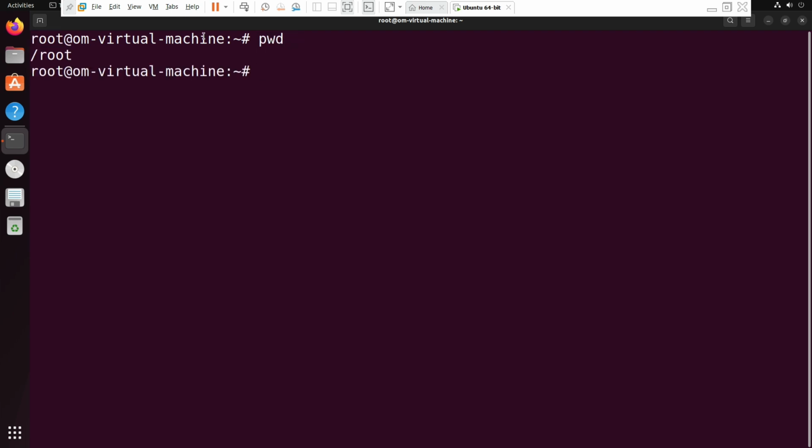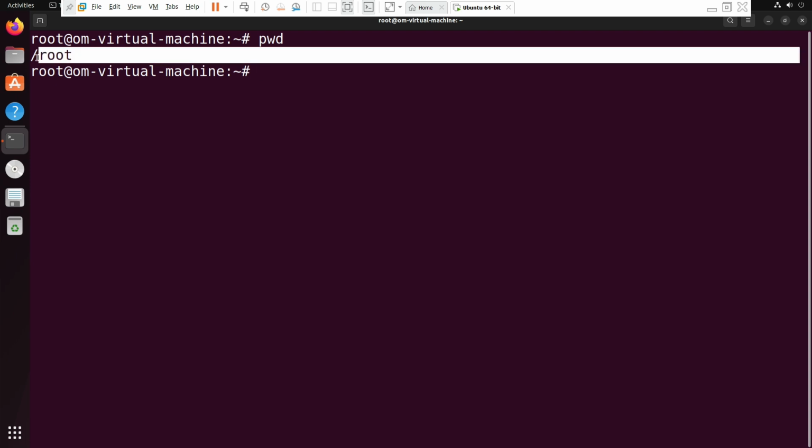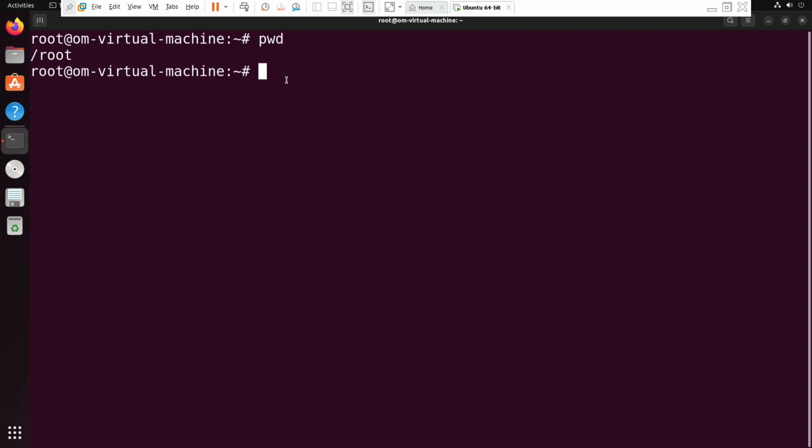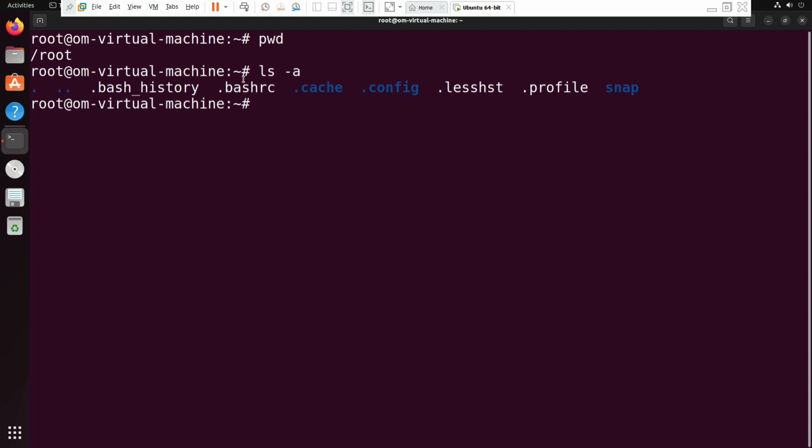apt, the Advanced Package Tool, is the backbone of software management on Debian-based systems like Ubuntu. It simplifies the process of installing, updating, and removing software packages. With apt, you can easily search for and install new applications from online repositories, ensuring that you always have access to the latest versions. apt also handles dependencies automatically, resolving any conflicts and ensuring that all required components are installed